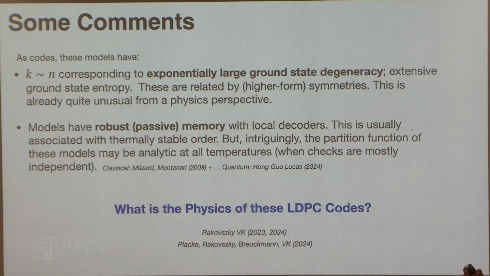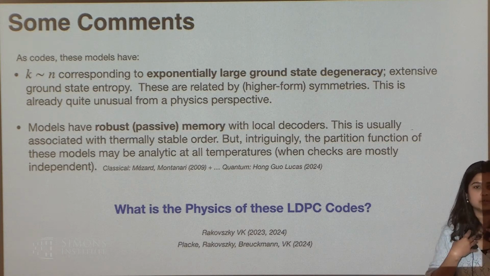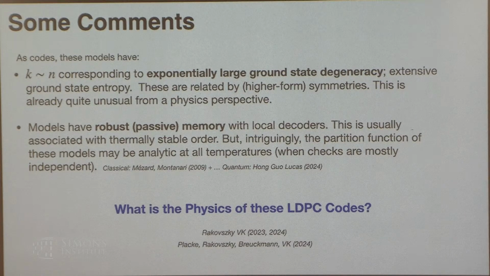Like, if someone tells me the 4D toric code has a memory, as a physicist, I'll say yes, because it has thermally stable topological order. But when someone tells me these LDPC codes have a memory, what should I say as a physicist? And well, now what I should say as a physicist is that these have topological quantum spin glass order, and that's the reason they have a memory. Okay, so that's the broader theme that's motivating this analysis.